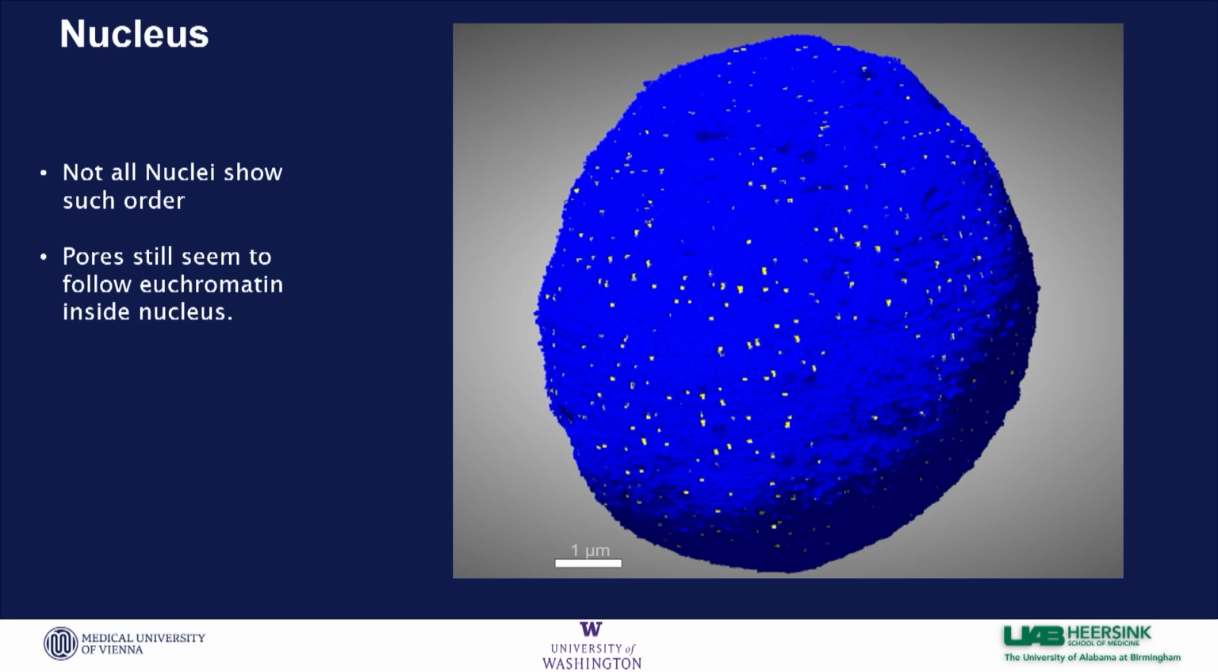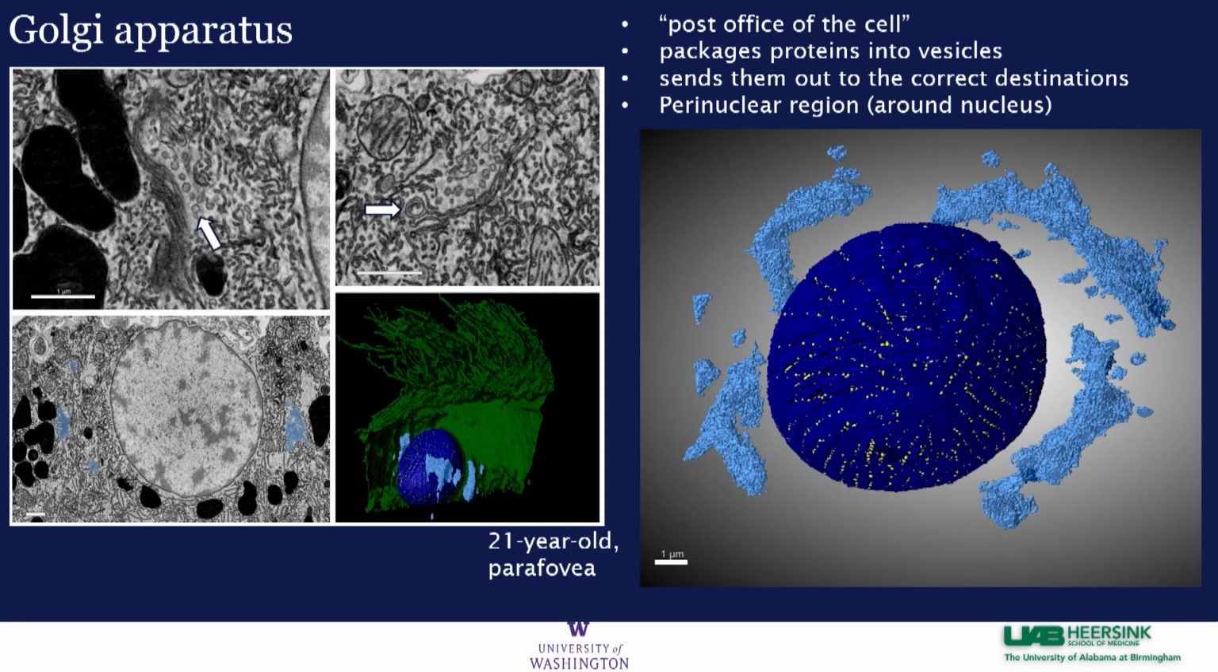But I'll continue and go on to the next structure inside of the cell, which is the Golgi apparatus, which is often referred to as the post office of the cell, because it packages proteins into little vesicles and sends them to their correct destination. And you can kind of see it on the